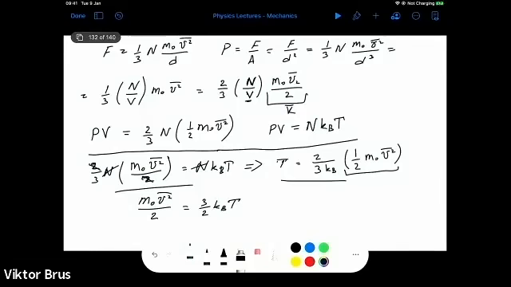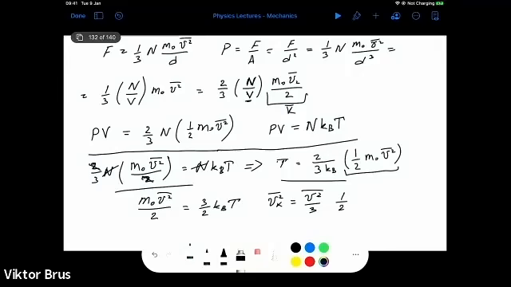So since, as we have shown before, Vx square average is equal to v square average divided by 3, we can write that